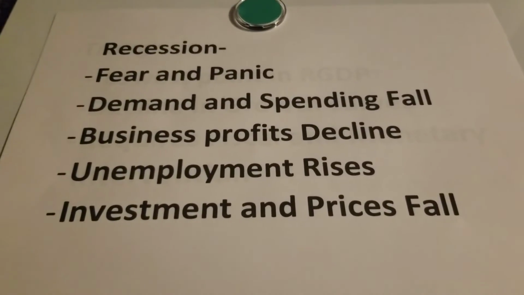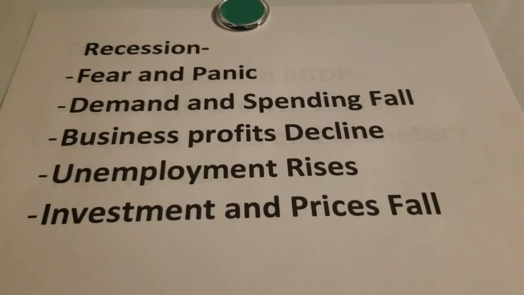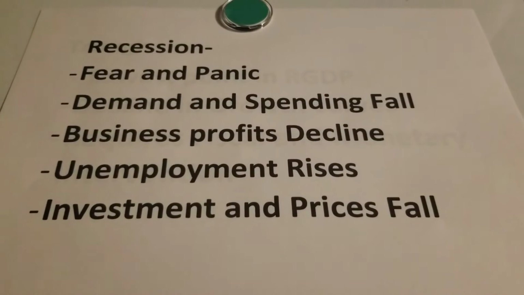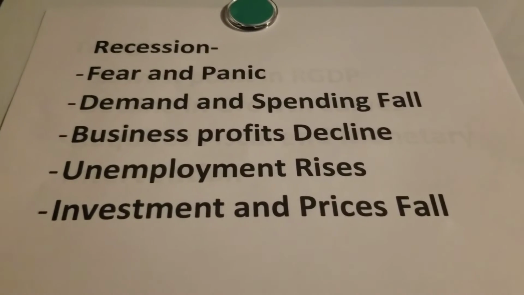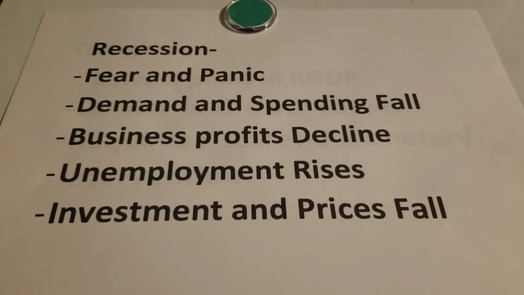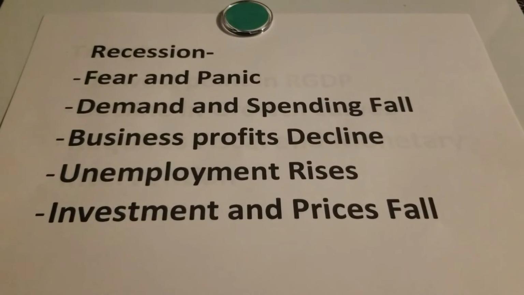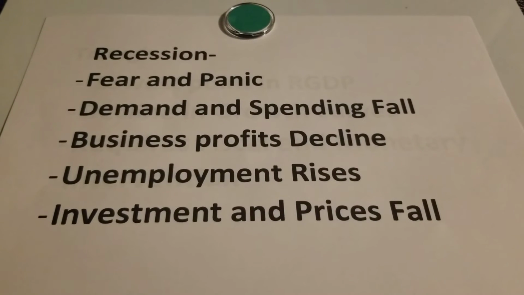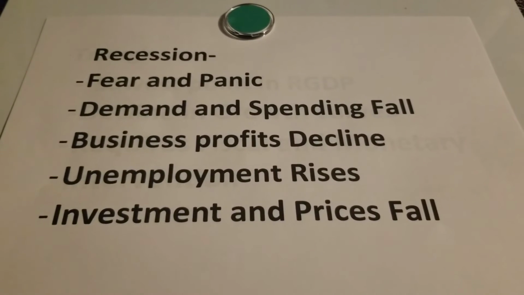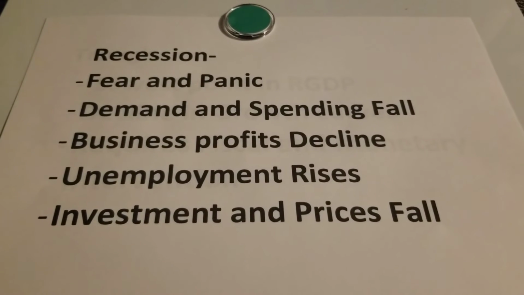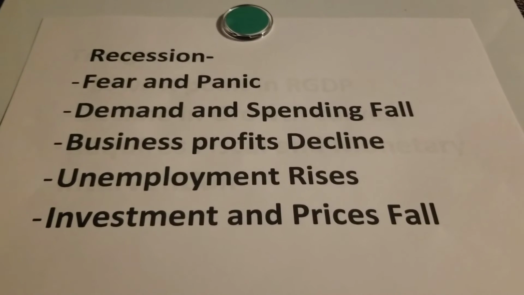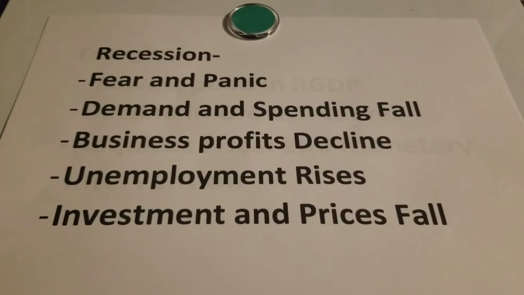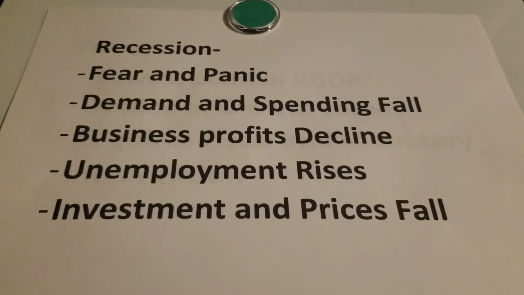downward. During a recession, GDP growth rates begin to slow down. This is usually triggered by some sort of event such as a financial crisis, where fear and panic replace the previous consumer confidence. Aggregate demand begins to fall as spending falls, and so do business profits. So consumers lose jobs and unemployment rates begin to rise. Furthermore, prices and investment are also falling.